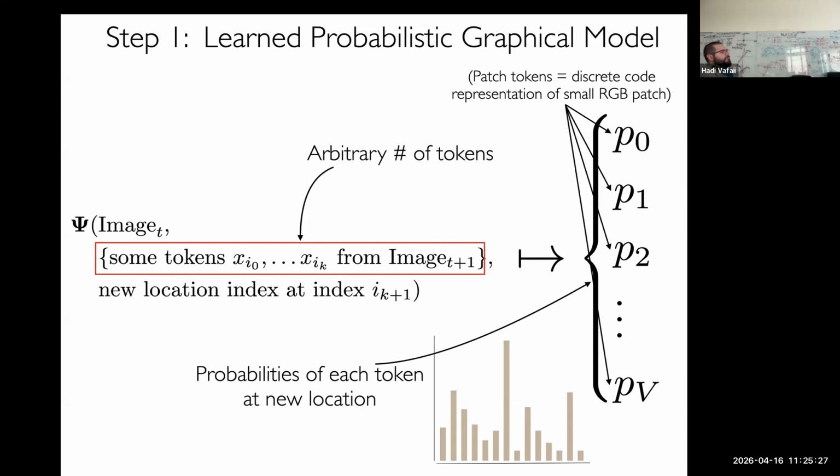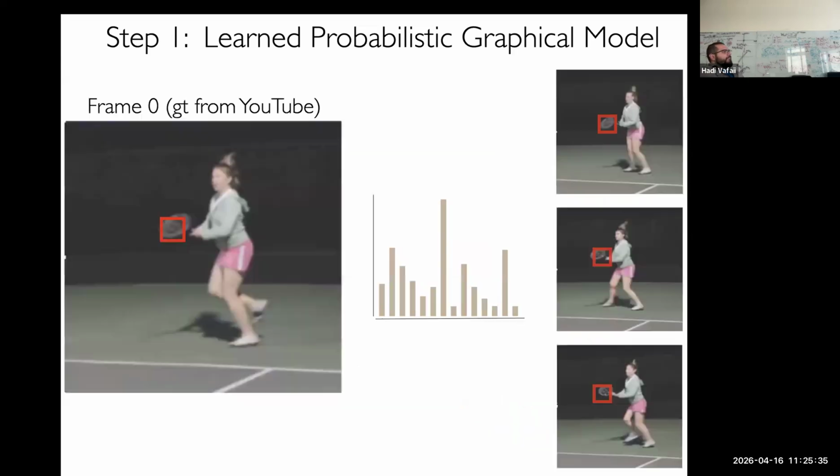Okay, so you basically have your local codes, and then you predict what the local code at a new place is, given what you've seen in the past. For example, that red box is highlighting something that's part of the racket, and actually the thing that could be there, those different things are possible. And those are just different probabilities over these little texture patches.